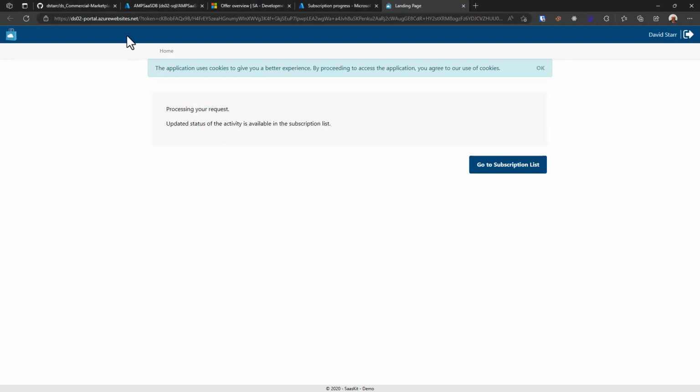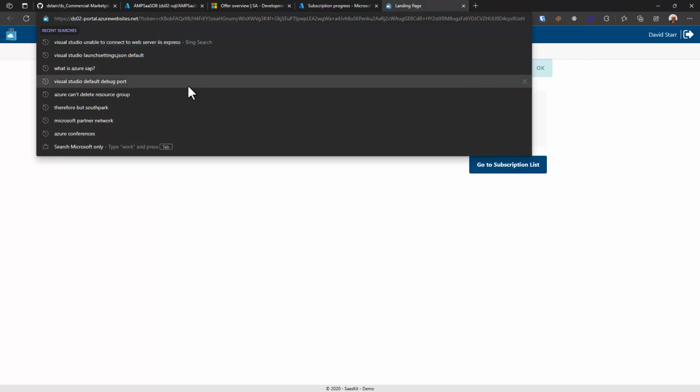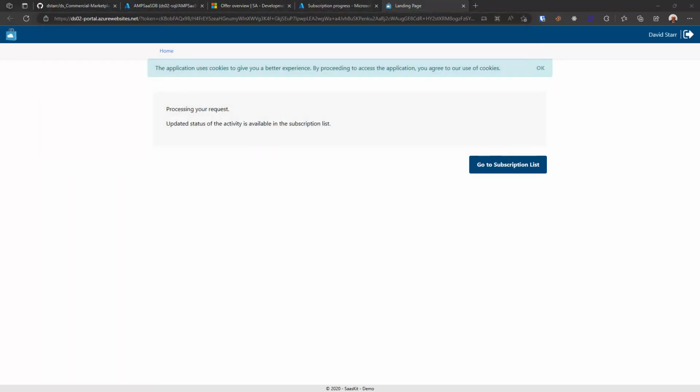That was fine, but it didn't really matter. What's most important here is that when we look at the URL presented to us at the top of the screen, we've got this token equals and then a long string, right? So we want to take that query parameter of token equals, we're going to copy that, move back over into Visual Studio,